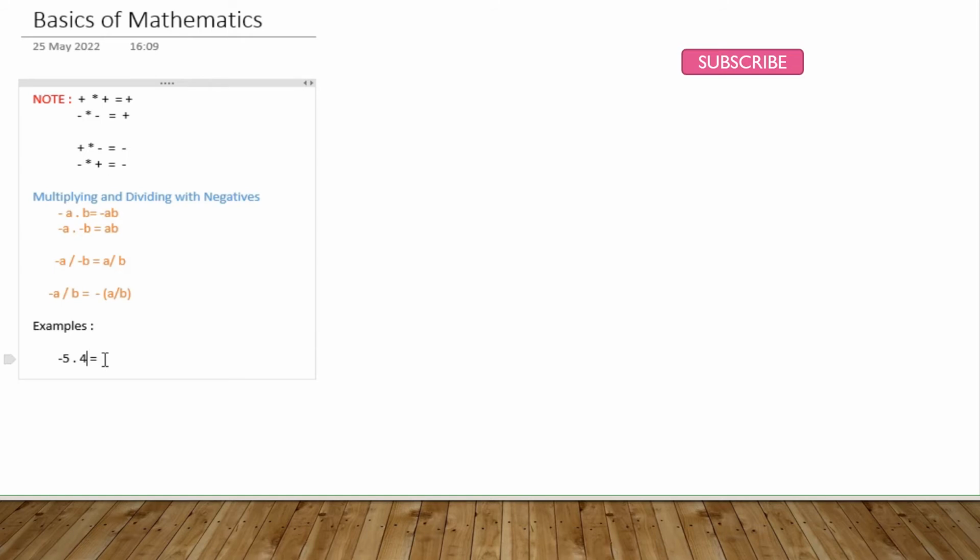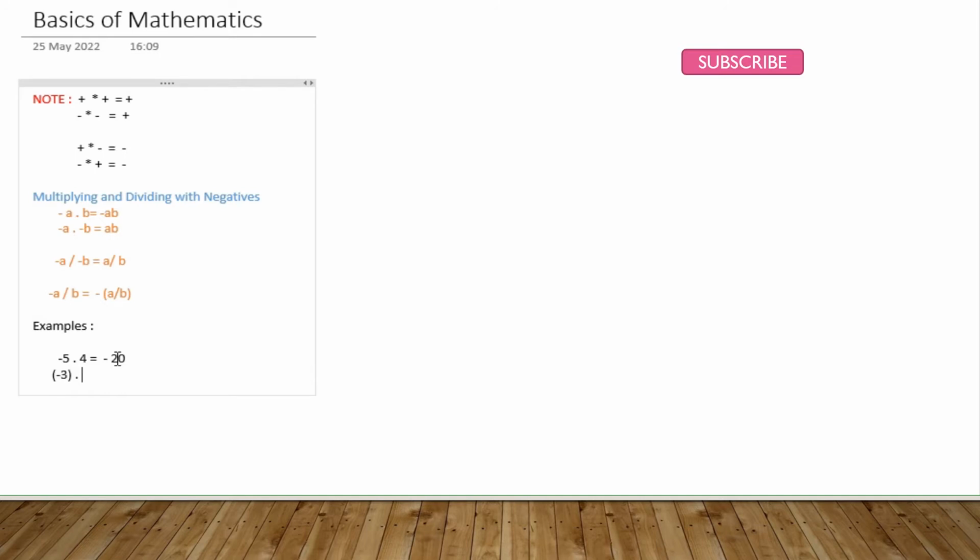Minus 5 into 4. Here 5 has minus and 4 has plus. Minus into plus, what will you get? Minus, of course minus. Two different signs will get minus only. Minus 5 4s are 20. And next example, if in case we have minus 3